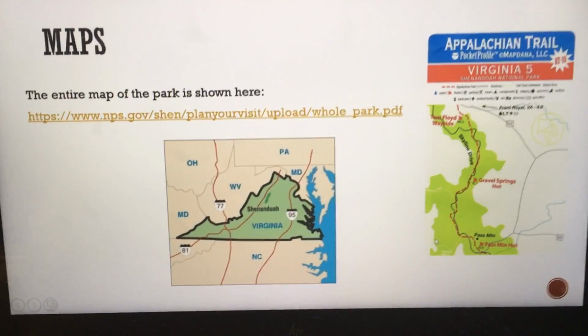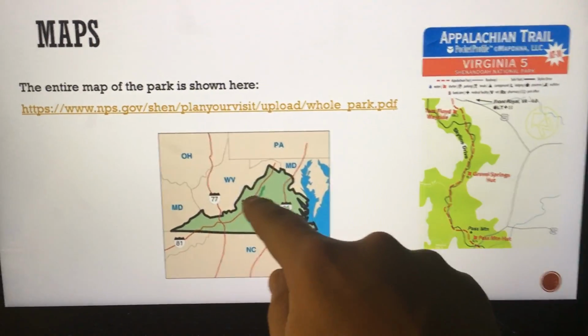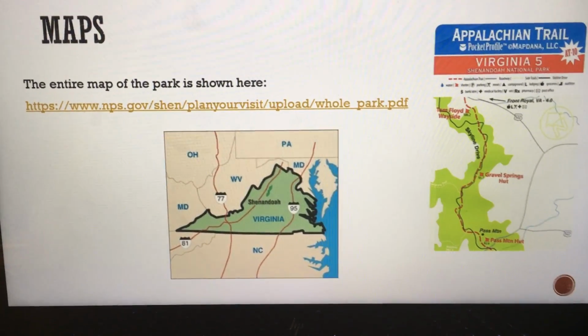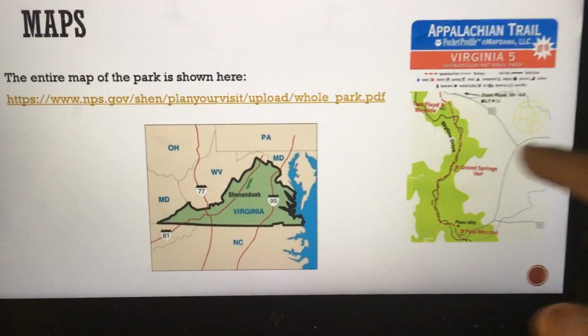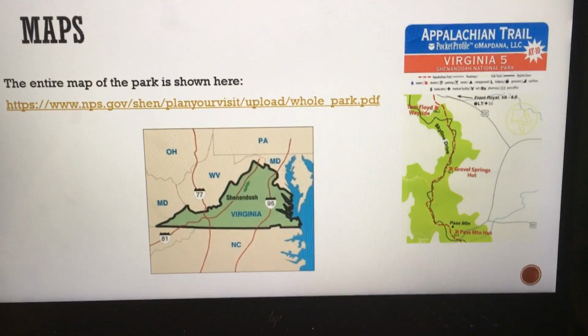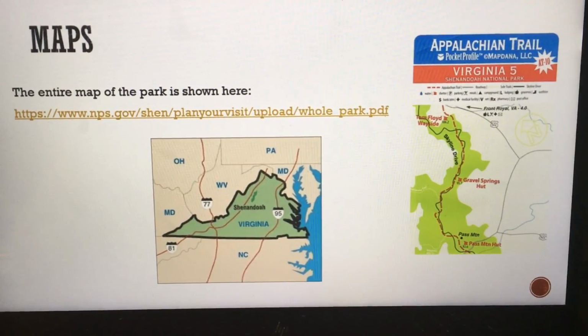So the Shenandoah National Park is located in northern Virginia. You can see it's actually right there. You can see the little green there. That's where the park is located. And the Appalachian Trail actually runs straight through the park. So if you're in the Shenandoah National Park, you'll probably be walking on parts of the Appalachian Trail